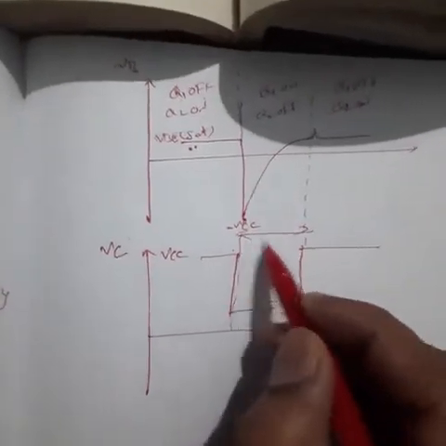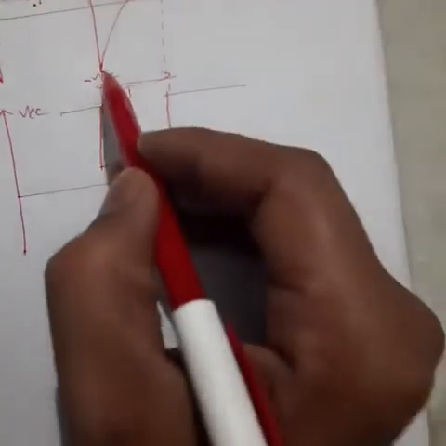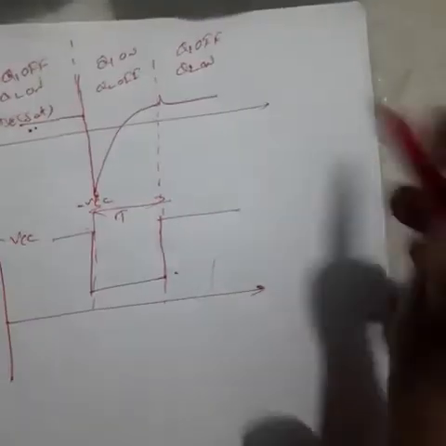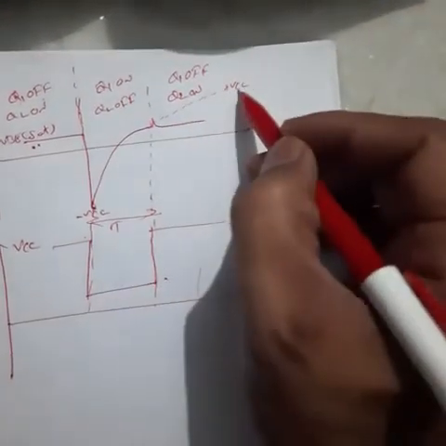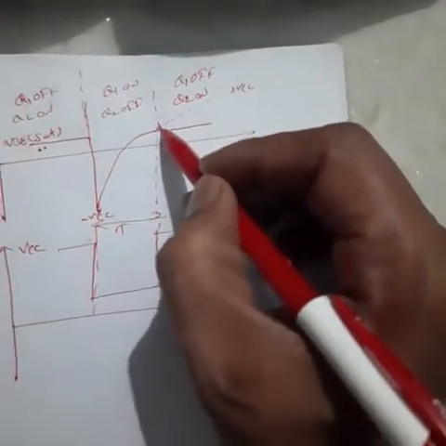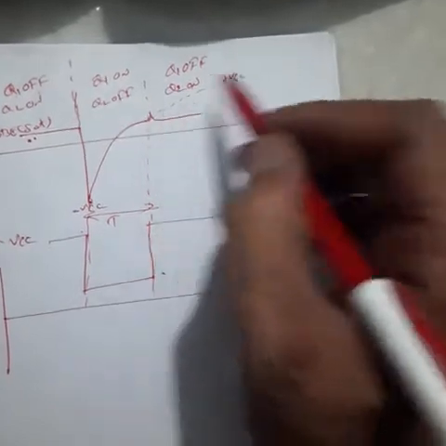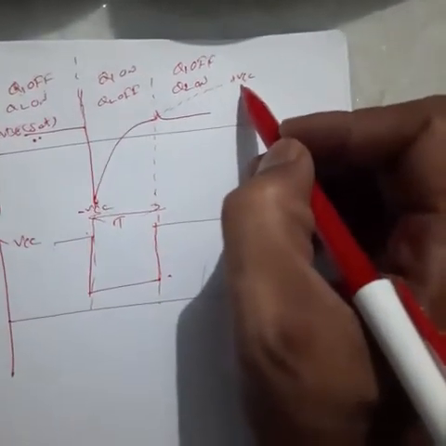Okay, next, we have to derive the equation for the time period. This time period is T. From here to here, this value is T. It has to reach up to the maximum. This is the actual value, but it reaches only up to here. Practically, it has to reach up to the maximum voltage.